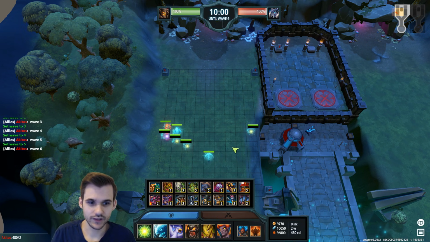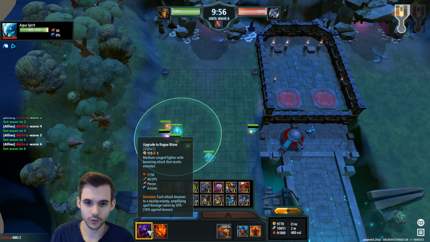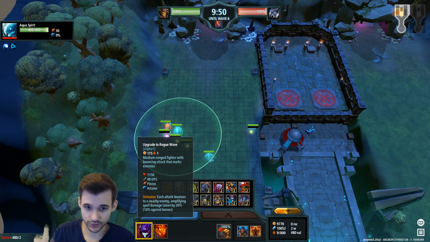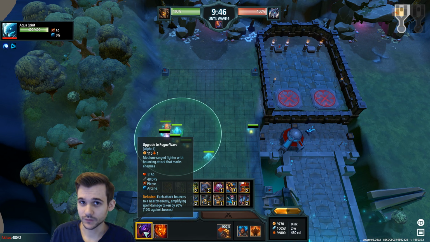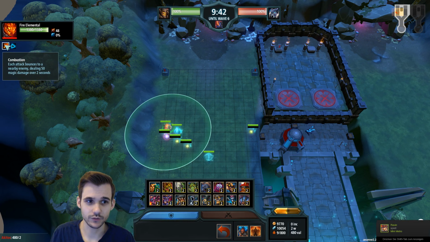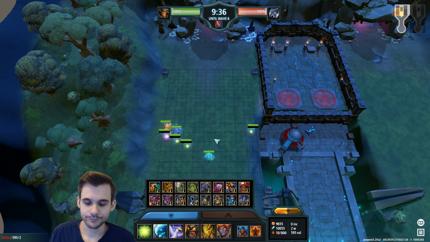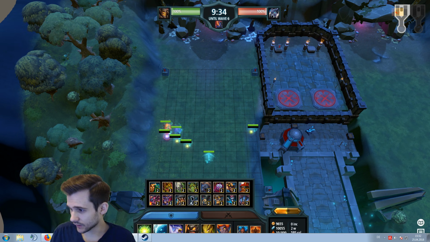And then for wave 6, you want to upgrade the Aqua Spirit you have here into a Rogue Wave. The Rogue Wave also has a spell, it's called Delusion. So it also bounces, just like all Aquas do, and it amplifies the spell damage taken by 20%. That obviously increases the damage made by the combustion from the Fire Elemental. So that's a pretty good combo. So yeah, you do this, and then I think for wave 7...